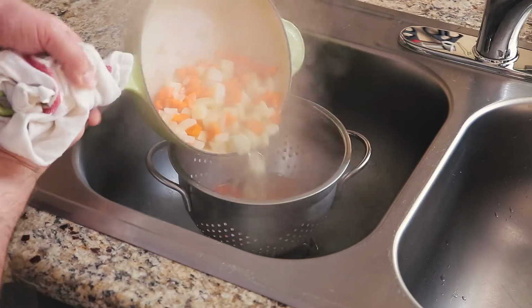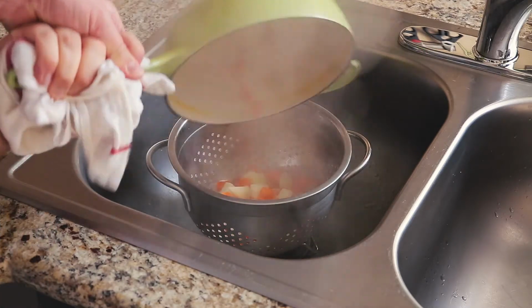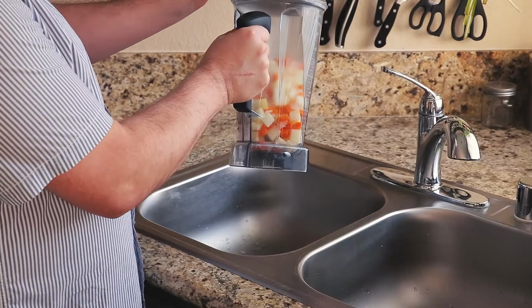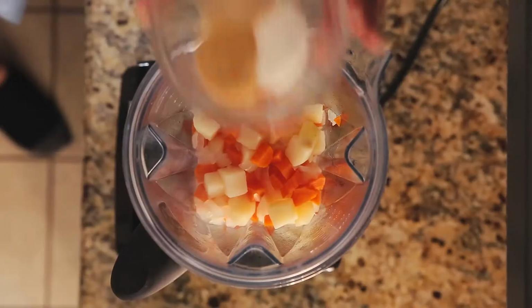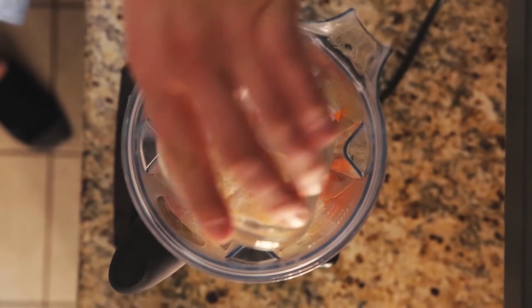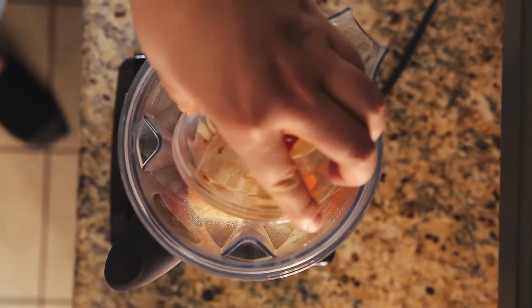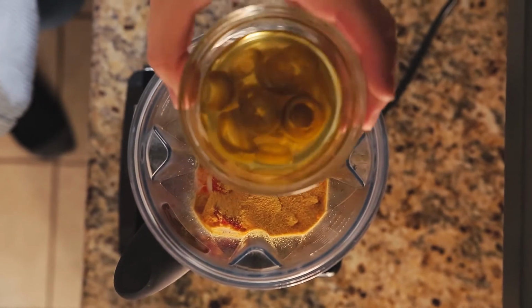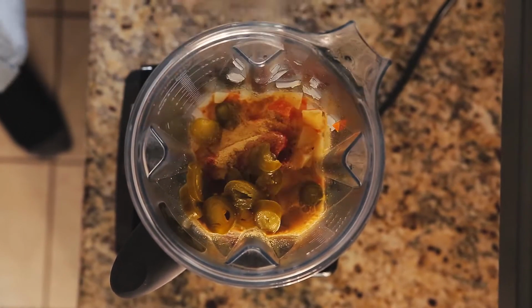Drain your carrots, onions, and potatoes and add them to a high-speed blender. It's important to use a high-speed blender here, otherwise your cheese sauce will come out gritty. To the vegetables, add your garlic powder, onion powder, and salt, about a 1/4 cup worth of roasted red pepper, 2 tablespoons nutritional yeast, about 12 pickled jalapenos with the juice,